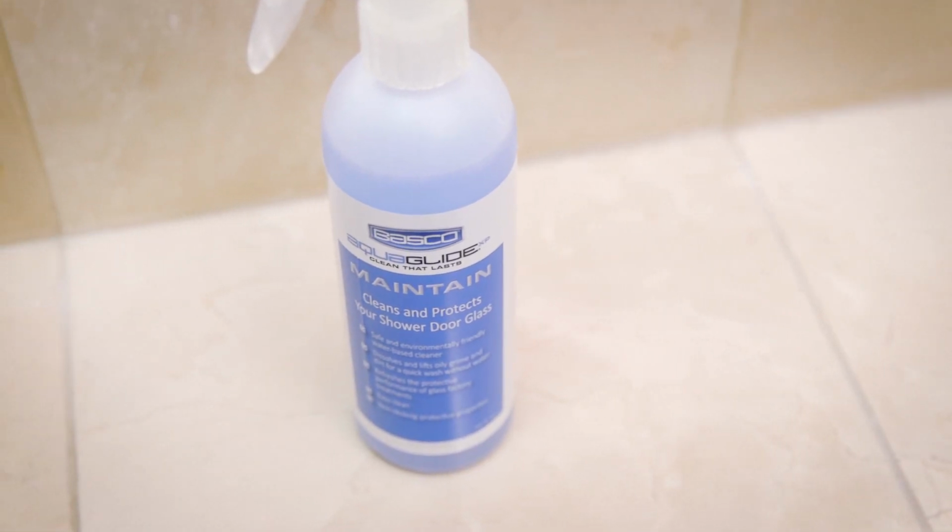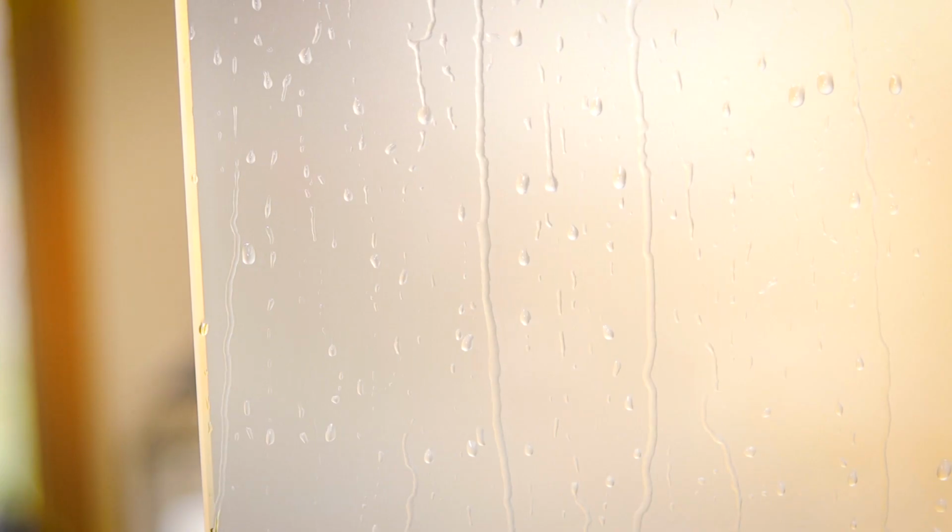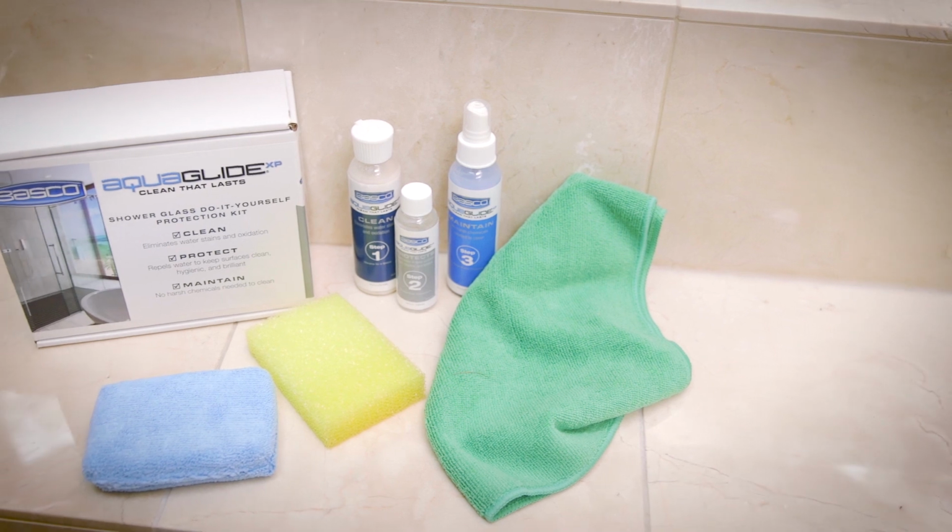Today, we're going to show you how to clean your shower door with the AquaGlideXP Maintain Spray by Basco. This spray is a safe and environmentally friendly water-based cleaner that dissolves and lifts oily grime and dirt for a quick wash without water. Maintain refreshes the protective performance for glass factory treated with AquaGlideXP or treated at home with